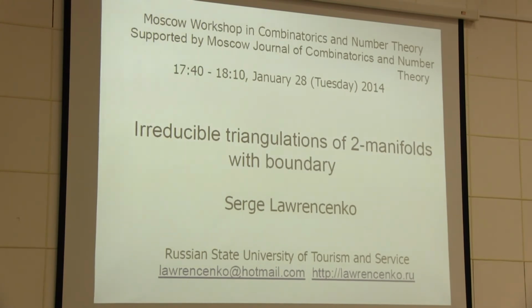It would be, for example, if there is a cycle U-V-W in one of them which doesn't bound a face in the other. Suppose we have two triangulations with the same graph. And if there is a cycle U-V-W in the graph that bounds a face in one but not in the other, we can say that these triangulations are different. But this is a stronger way of distinction than up to isomorphism that I supposed in this talk. All right. Any others?